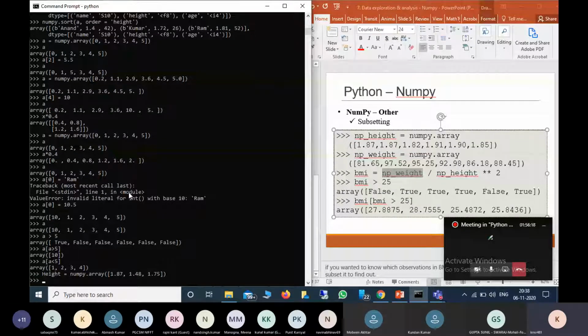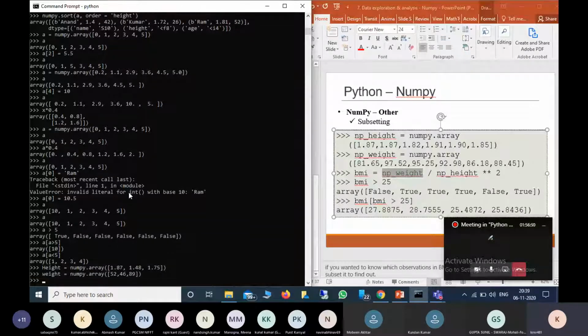Now we can also keep weight. Here we can take weight like numpy dot array, we can say 52, 46, 89.